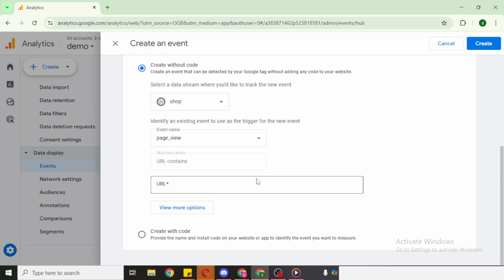When everything looks correct, click Create. Your new event will now appear in the events list and will begin processing data as users trigger it. Remember that data may take some time to populate in reports, so don't worry if you don't see immediate historical